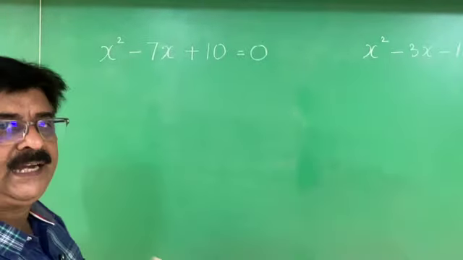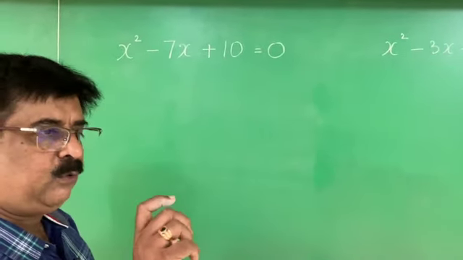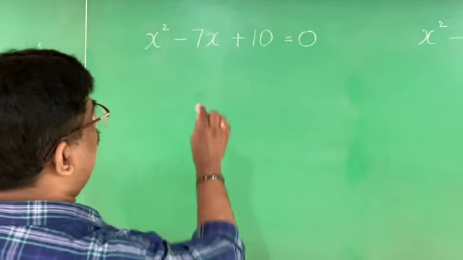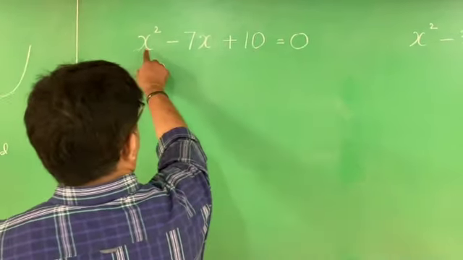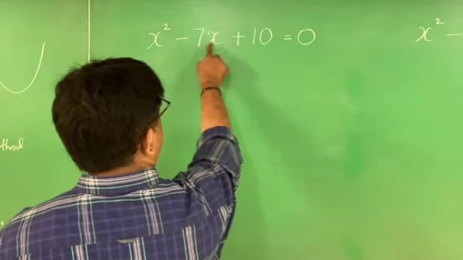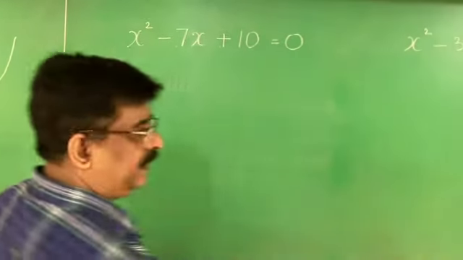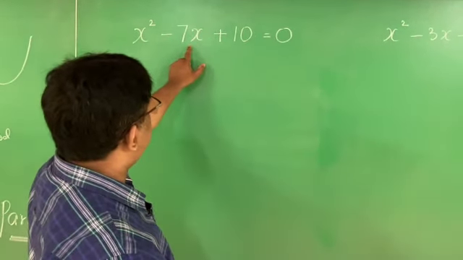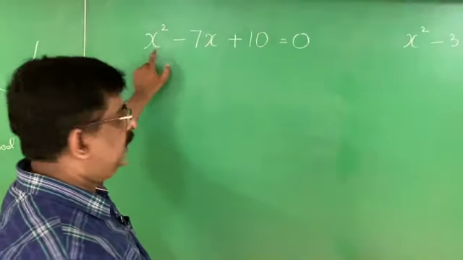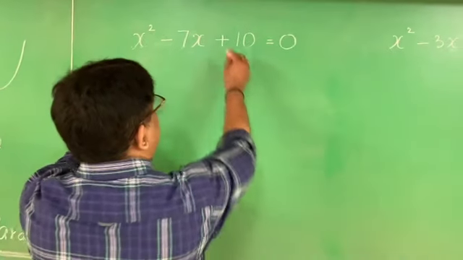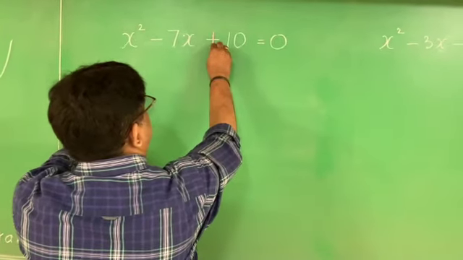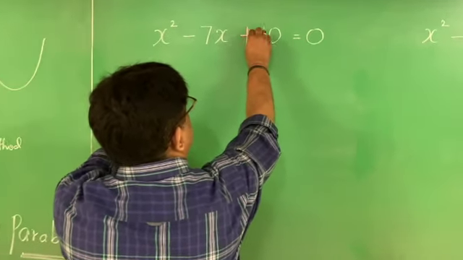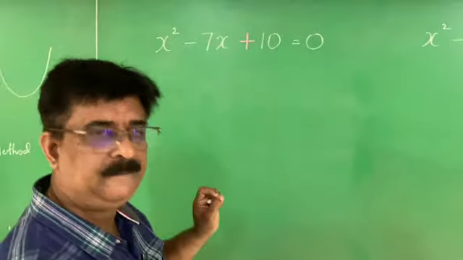For factorization, you always have to understand one thing that majority of the students are forgetting, and by that they write the wrong signs for the factors. See, always see, this is ax square plus bx plus c is equal to 0, the standard form. This is c, this is bx, this is ax square. Now c is there, but in front of the c there should be a sign. Here the sign is plus.